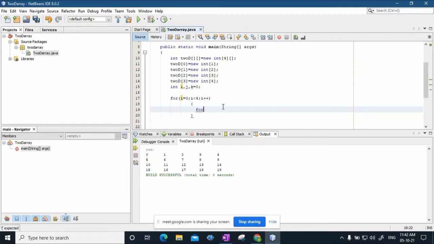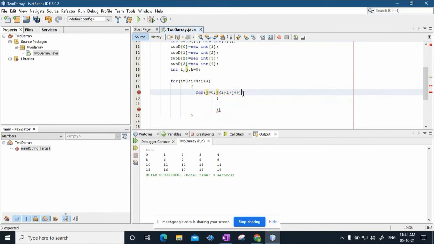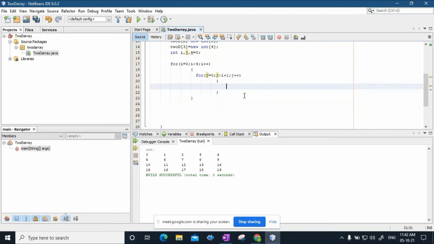Now for j equal to 0, now please watch out what I write. j less than i plus 1. I will tell you why I have written this. j plus plus.